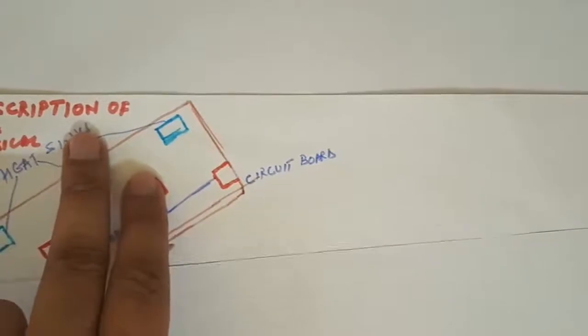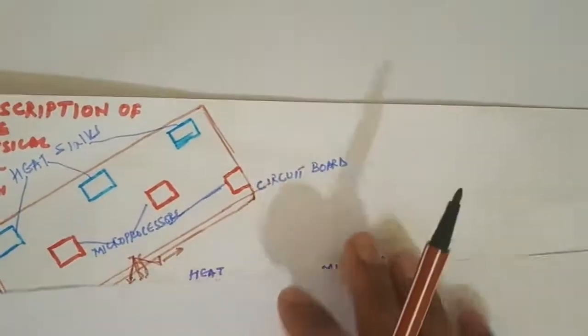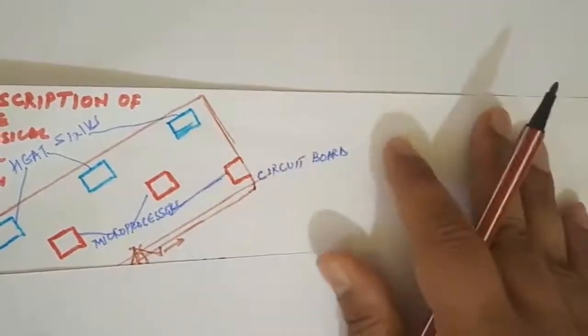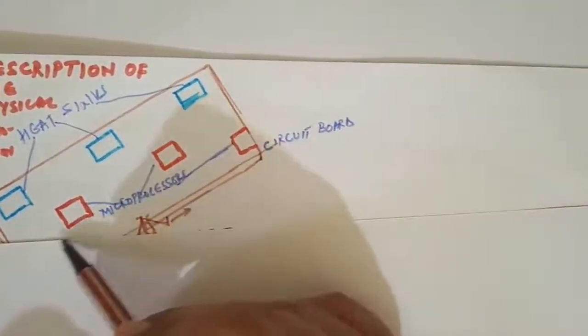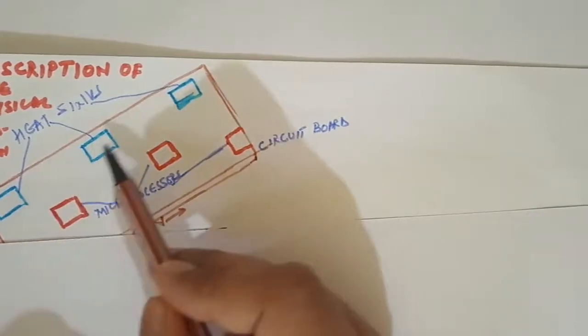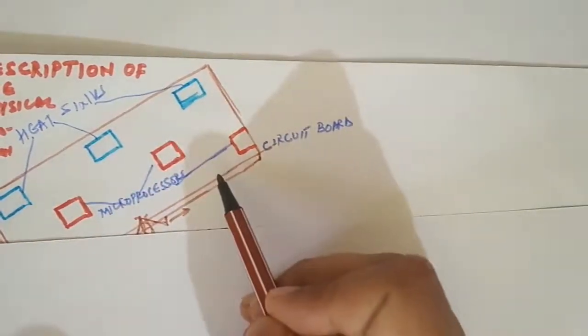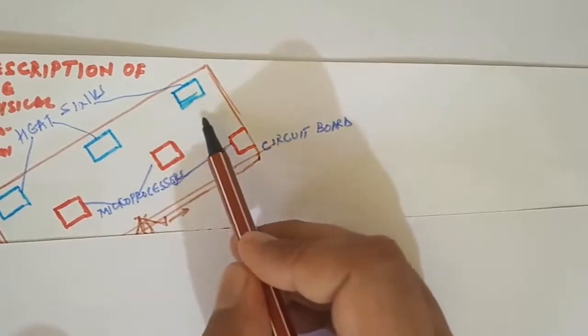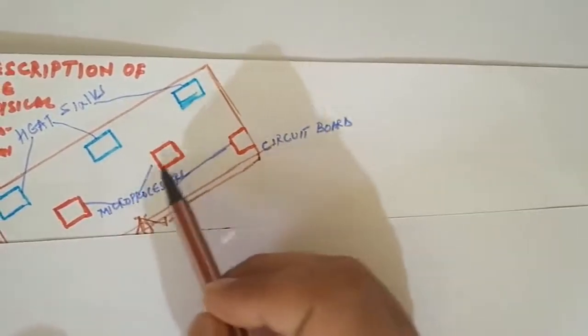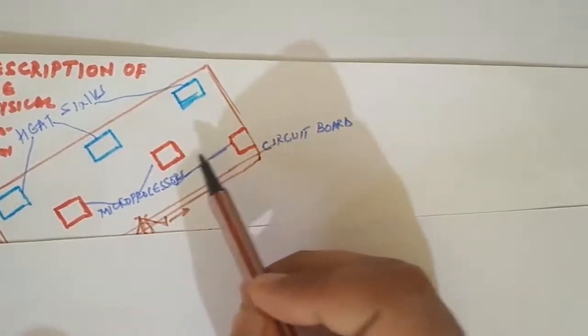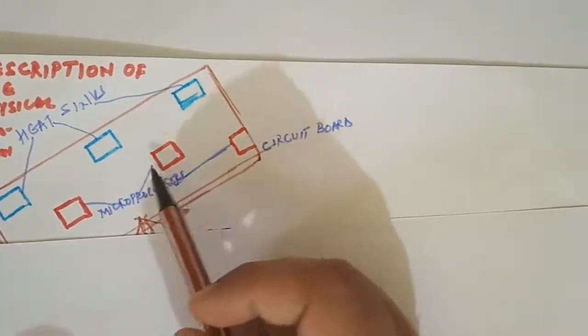To understand this in greater detail and get the big picture, we will start with a physical problem. Say we have something like this. This is a kind of circuit board which has a number of microprocessors, and also there are heat sinks here, and all of them are mounted on a copper plate. This is typically what happens in all the electronic gadgets like laptops and other gadgets working on similar principles.